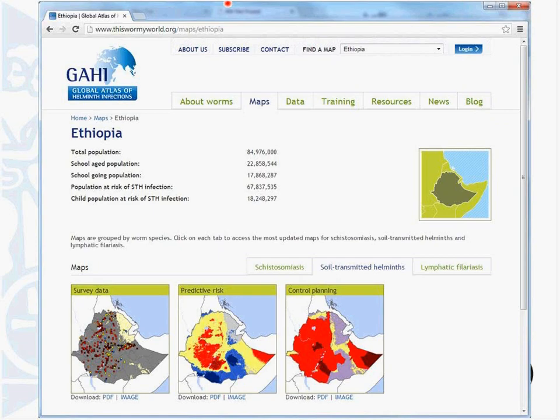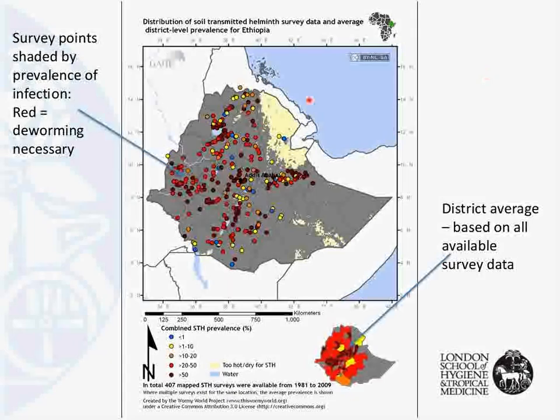If we look a little closer at the maps that are available for Ethiopia, this shows the point prevalence data. Each one of these dots represents a single survey. The majority of those surveys are done in school-aged children, because they're the group that's easiest to get to. They're all in school, so it's very easy to do surveys within schools. And they're also the children we're going to be targeting when we're treating. Each of those surveys is shaded by the prevalence of infection. So any area here that's red, prevalence is greater than 20%,